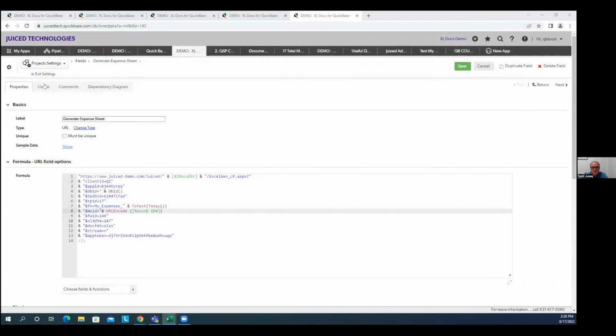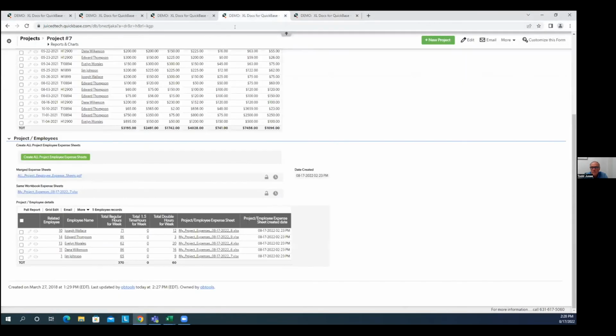Again, depends on your use case. Okay, so those are those various options for multiple record processing and different options for merging and for storing in the same workbook,